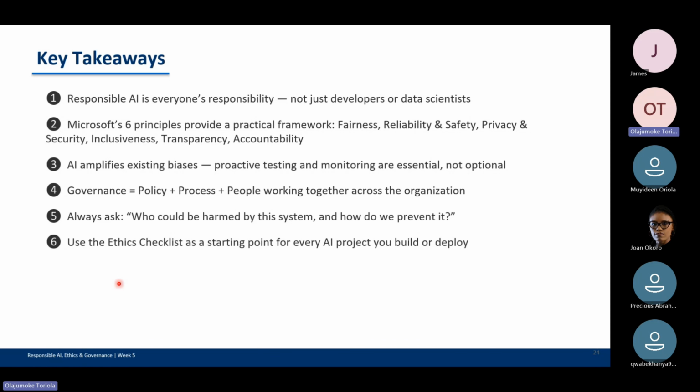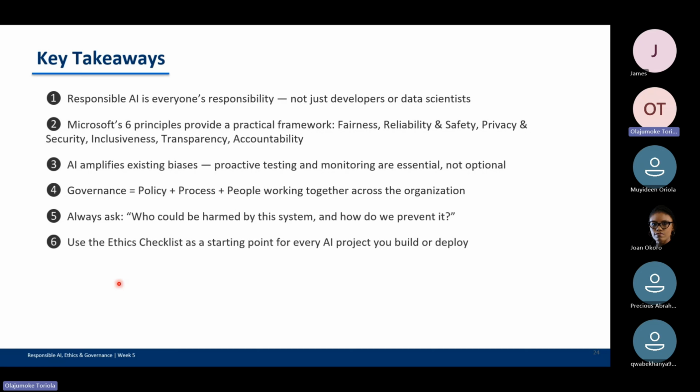One way I remember this is to create an acronym for yourself to remember the Microsoft six principles.